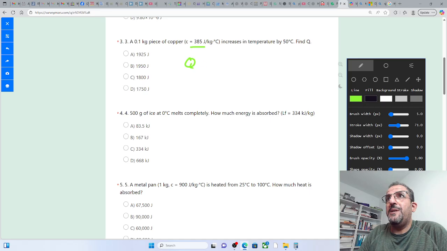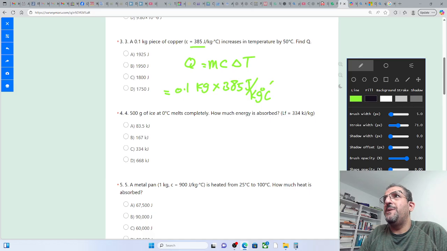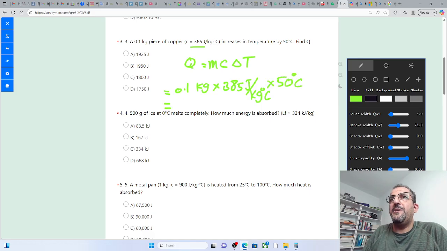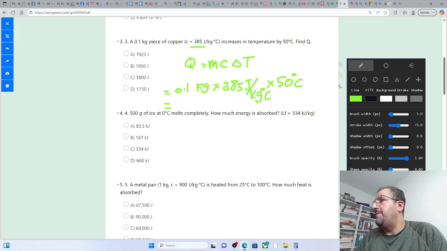So Q is equal to mass, specific heat, times change in temperature. So the mass is 0.1 kilogram times specific heat 385 joule per kilogram Celsius times 50 Celsius, and that's going to equal to,